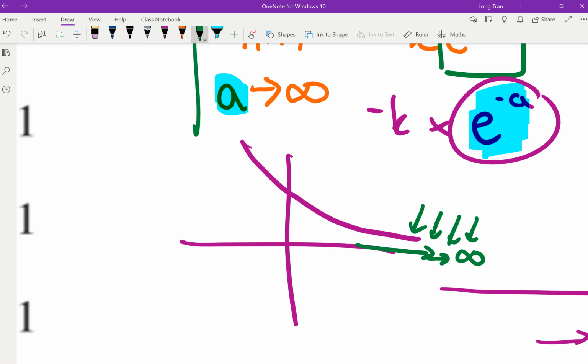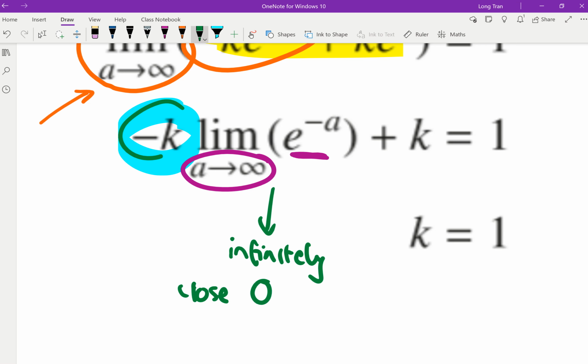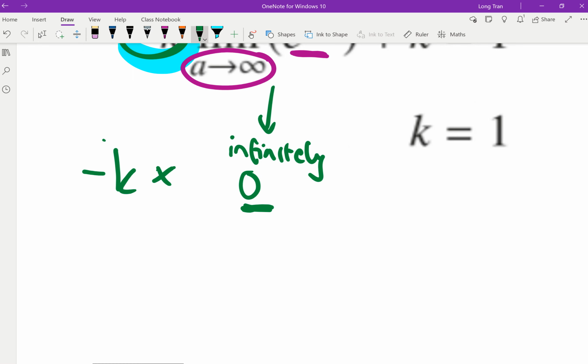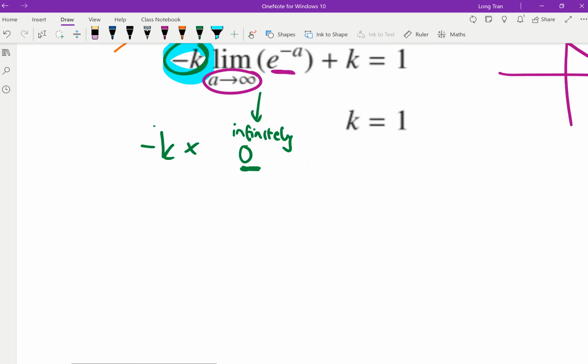So that's why I can say, well, if it approaches 0, it's not 0, but it's infinitely small, or close to 0. So that means whatever negative k is, I'm multiplying it to a number that is so close to 0, we know that that just makes it very small. Negative k times something like 1 over a million, or 1 billion, we know that that value will get really, really small. So if it gets really, really small, let's think about it. A very small number,